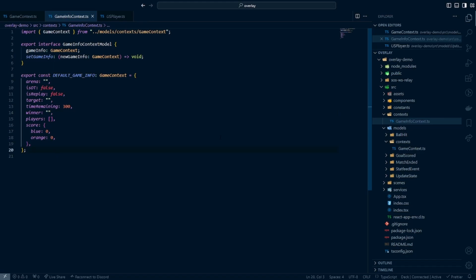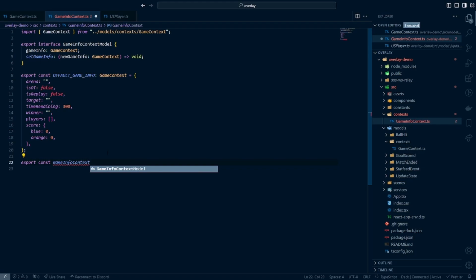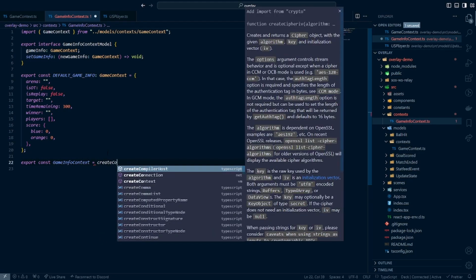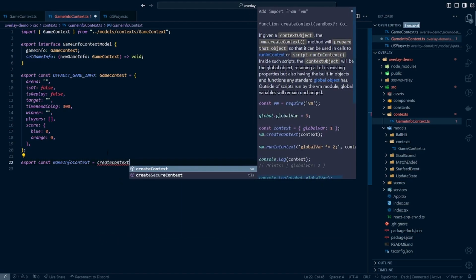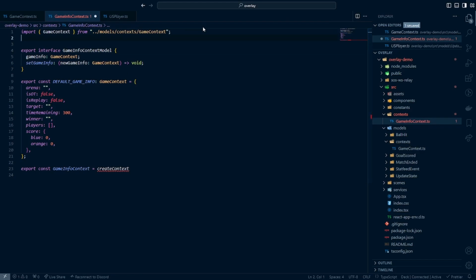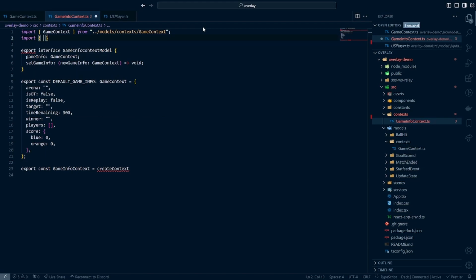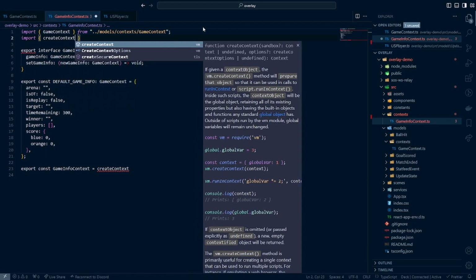So once we have this, we just have to move on to the next step, which is simply at the bottom, you export const, that way we can access this outside, gameInfoContext, and we're going to create context. And I'm not going to import this. If you see the VM option here, do not import that. And if you don't see the React one pop up, you're going to want to go up here to the top and do import curly braces, createContext